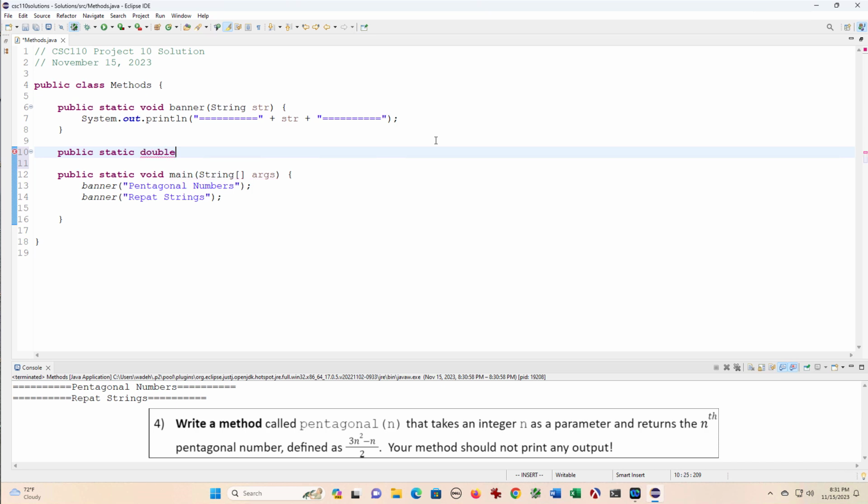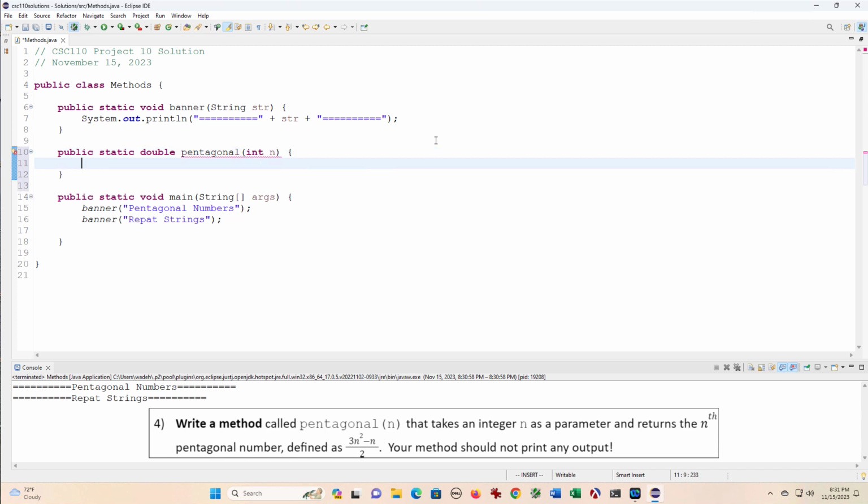So I'll return a double, and the name is pentagonal. And then I'll take an integer as a parameter. And then I'm going to want to return the result of that calculation. Now I could set up some variables and then return the result of that variable. However, since this is a value and I'm returning a double, I can return the result of the calculation, which